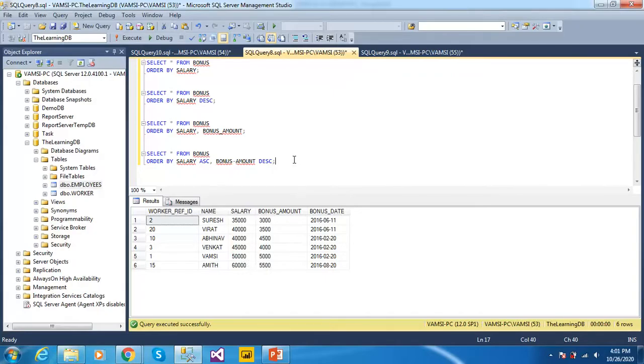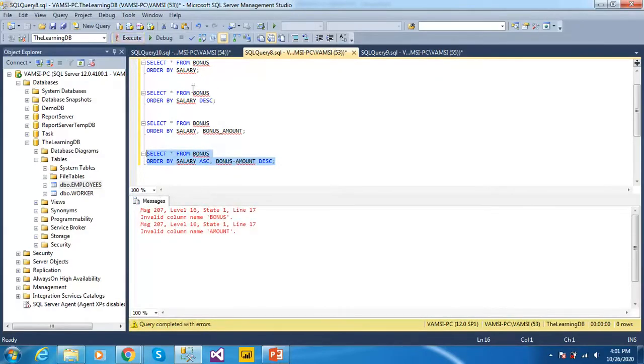Now let us see how to give the order by statement for the column salary in ascending order and the column bonus amount in descending order. Let us see how it works. Let us execute this query.